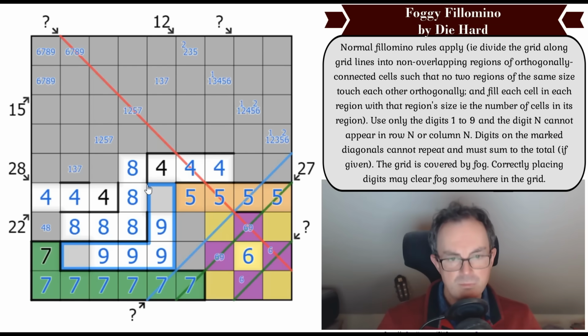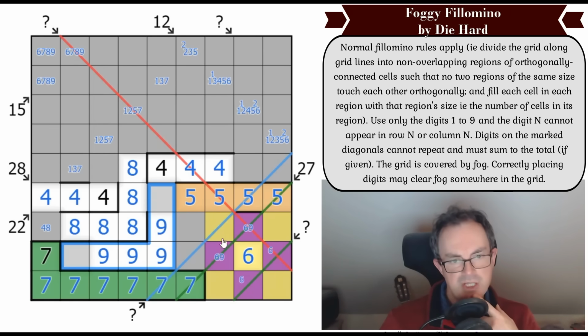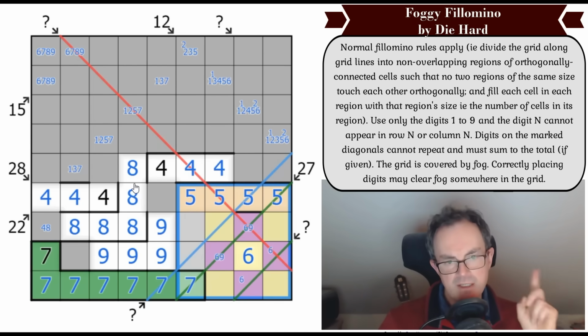So there is only room for one other cell. So the maximum other digits that could be in this is a single 1, or it's got 4 9s in it. Now, if it's got 4 9s in it, how do we achieve that? Is that achievable? And the answer is...